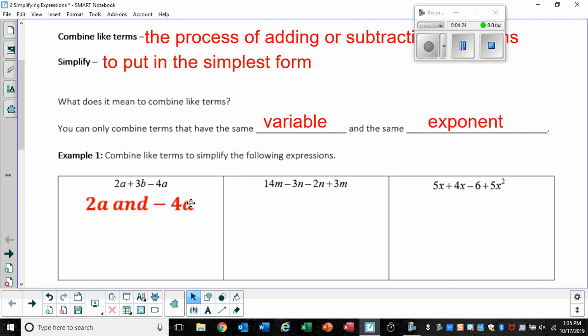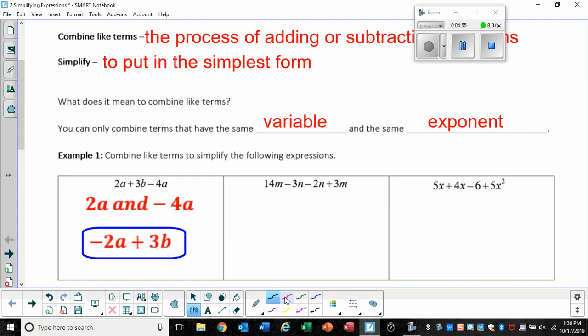So 2 minus 4 gives us -2. So it's -2a, and then because we didn't do anything with the b, we bring it down. And that is our simplified thing. So instead of having 3 terms, now we only have 2. So it's simplified a little bit. Okay? And that's as much as we can do because we don't know what the values for a and b are. Okay? For the second one, another way you could do it, which is my preferred method, is I